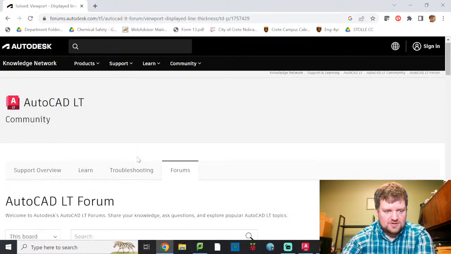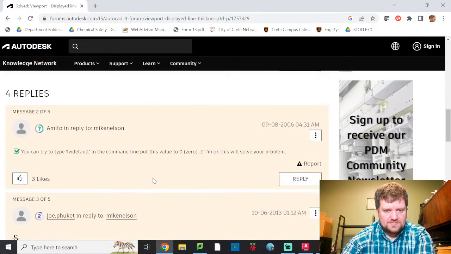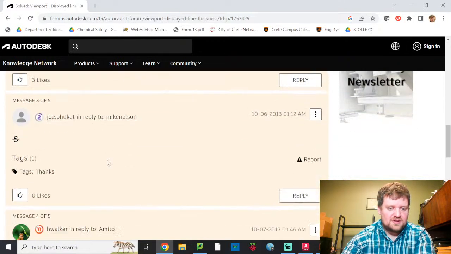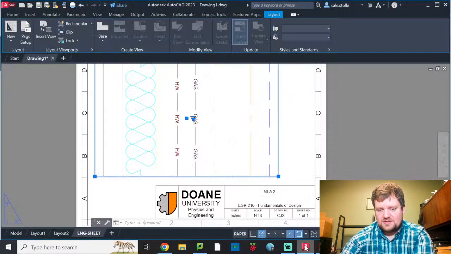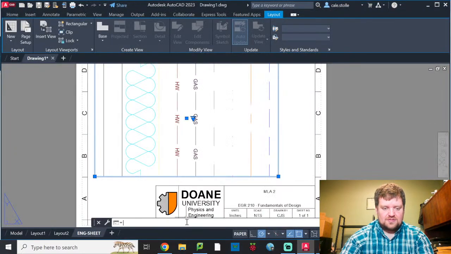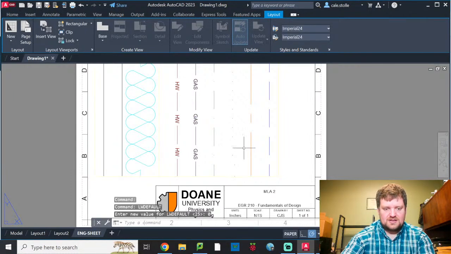Let me find out where the line weight display is. You can type in LW default. There's a button too, I'm not sure where it is. But I will go ahead and type in now LW default, set it to 0, hit enter,